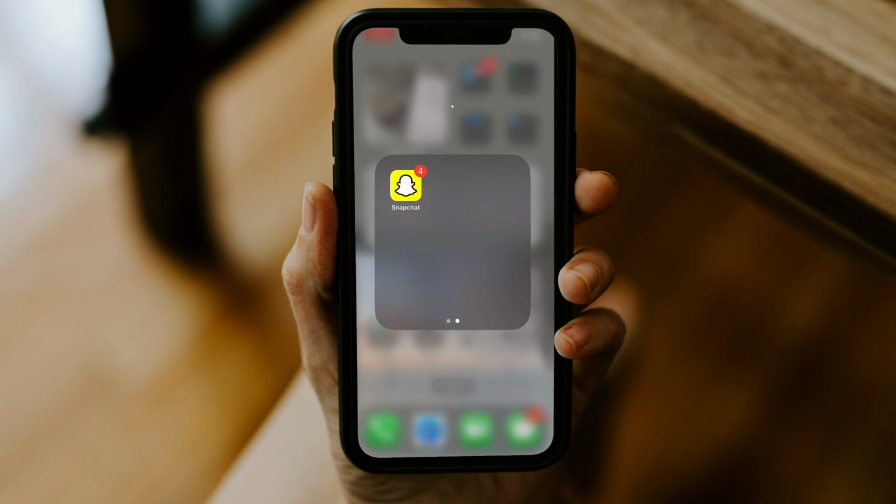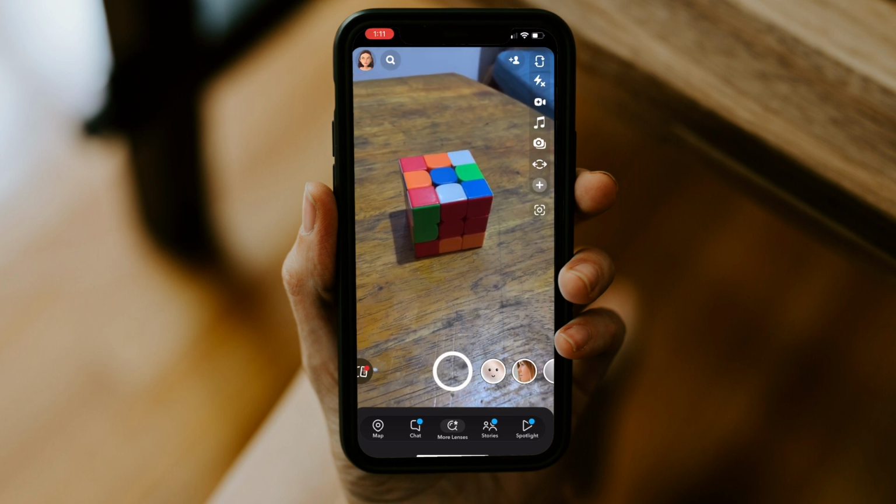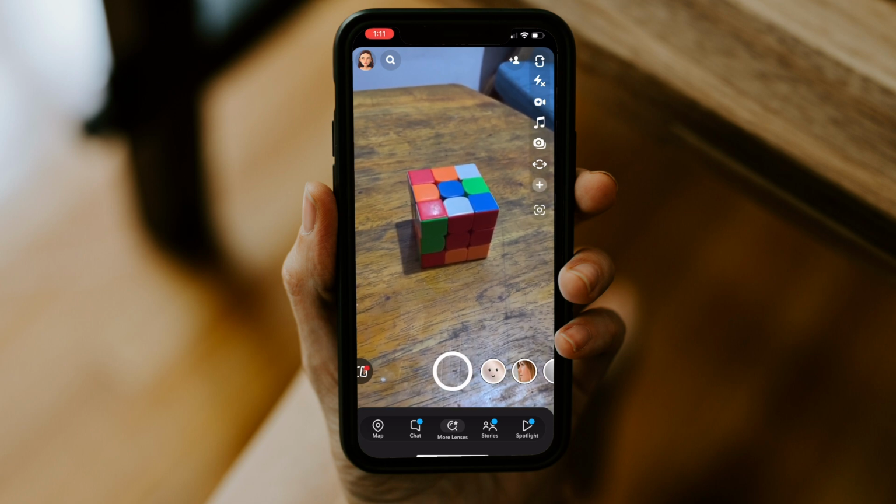Hello, today I am going to show you how to create your own sticker on Snapchat. So first, you want to go to the Snapchat app, and here I have my cube as an example to make a sticker out of. So the first step is to just take a photo of this cube